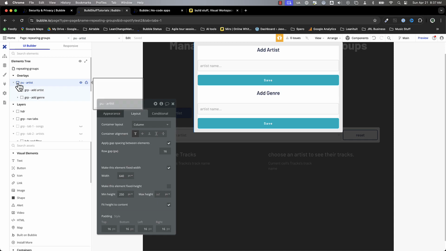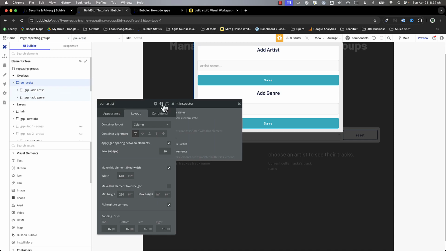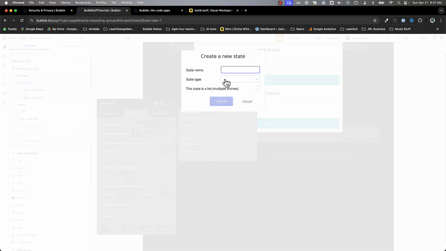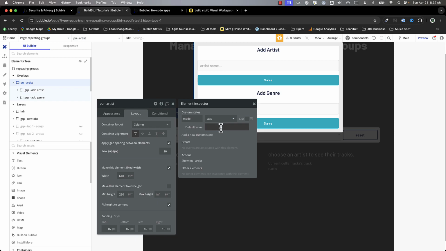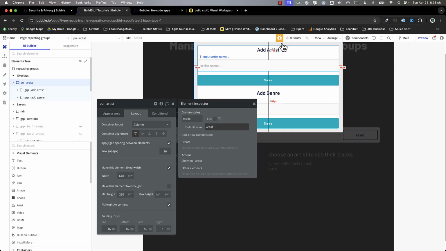First I'll select my pop-up, and then I will go to the custom state tab here, and I'm going to add a mode, and I'm going to set this to text. What I typically do with this is I have a default. So I'm going to default this to artist, and then what I'm going to need to do is to set a condition that says when this pop-up is opened, if the value is not populated, then show the Add Artist